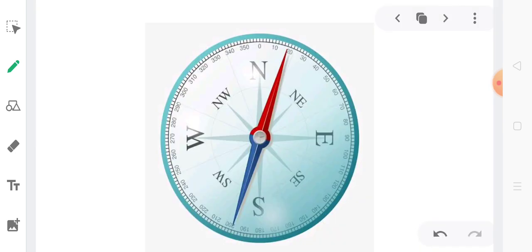This particular directional property of the earth is made use of in a magnetic compass. Now I hope you all have seen an actual magnetic compass. What is it used for? It is used to find out the directions. A magnetic compass consists of a small aluminium box and a small magnetic needle which is pivoted at the center of the box. The needle is free to rotate in a horizontal plane on the pivot.